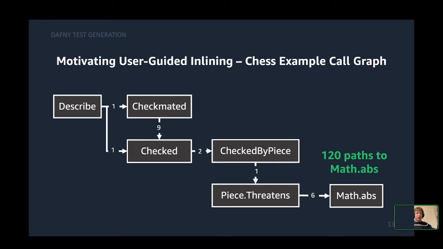It involves chess. In particular, in the top left corner, you can see the describe method that I previously showed you. And then in the bottom right corner, you see this map absolute value function. My point here is that there are 120 paths to this function for this fairly simple program, and it does not account for branches within the methods themselves, so the number of paths we could control for would be much higher. And so the idea is that if you try to inline the absolute value function, the test generation will take much longer,